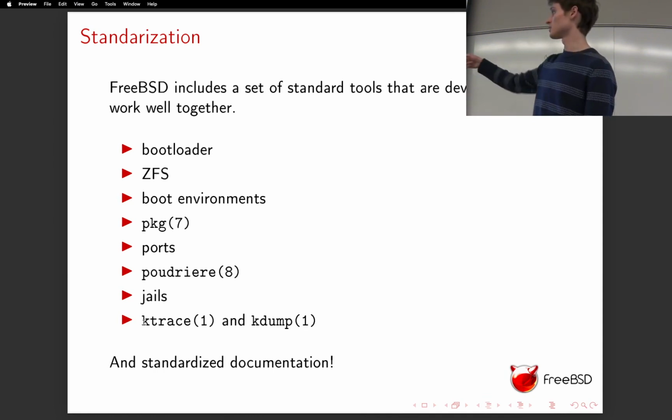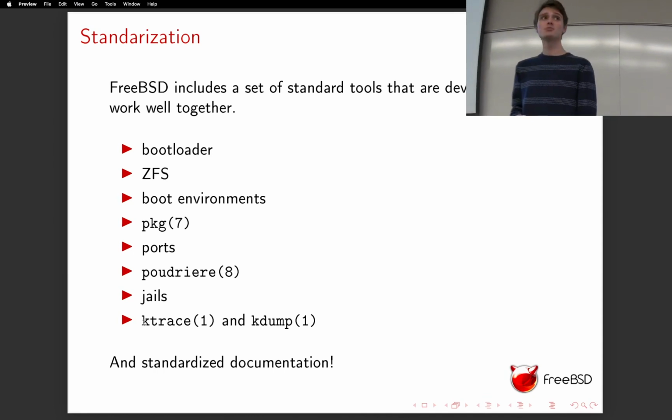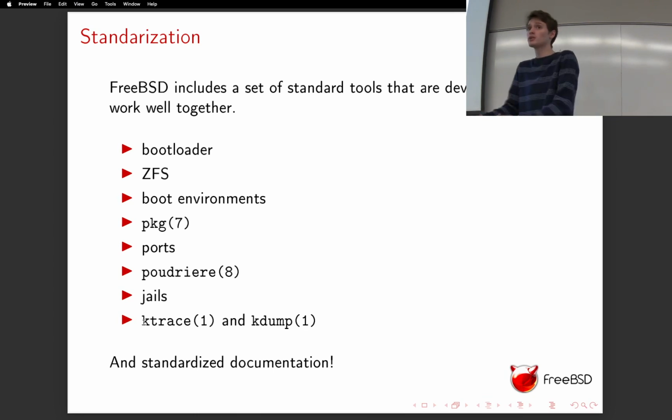Whereas Linus Torvalds is very against the collaboration of user space and kernel space. So this means that utilities like ktrace and kdump are made by the kernel people, and they're made to debug the kernel, right? So you get a very seamless kernel debugging experience when you use